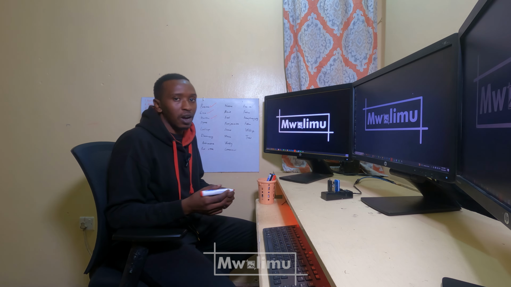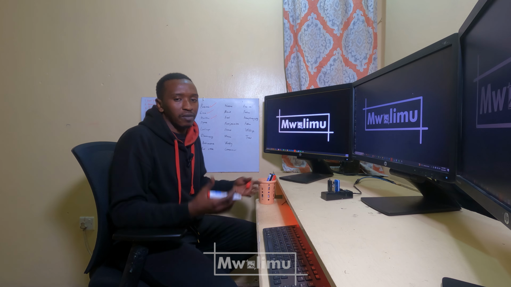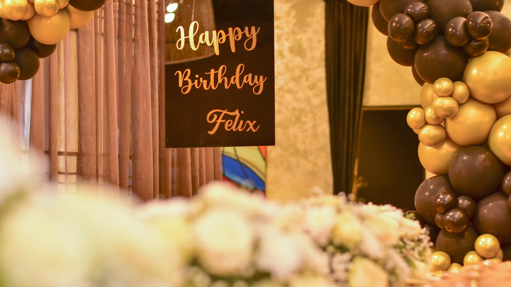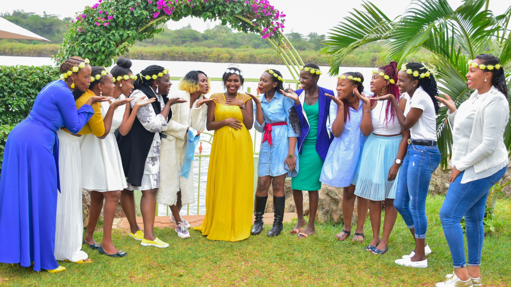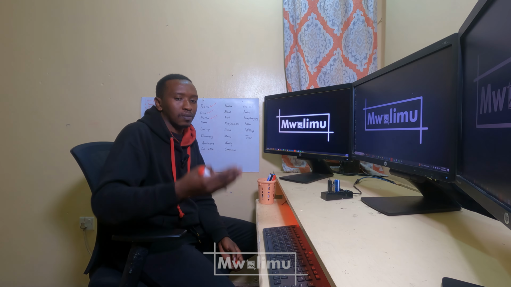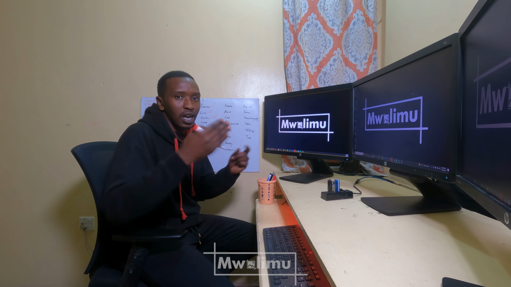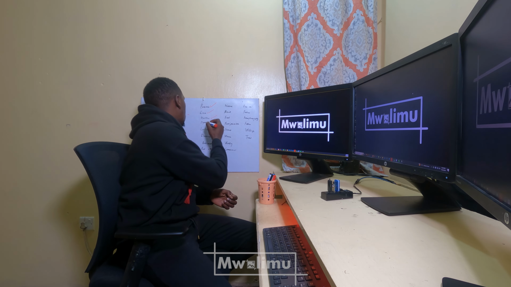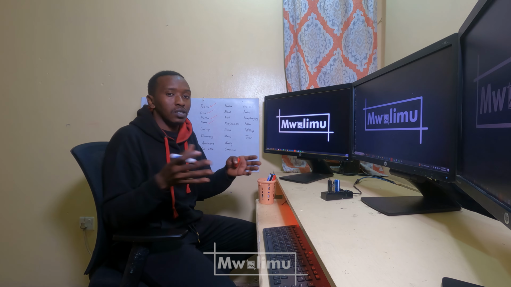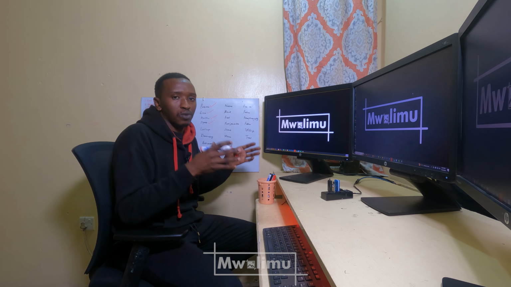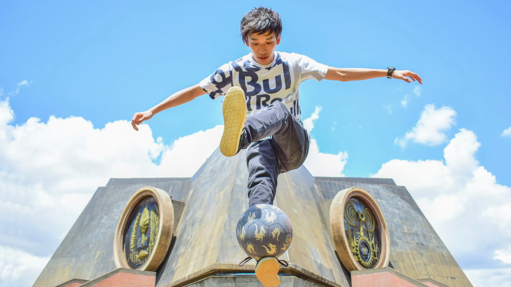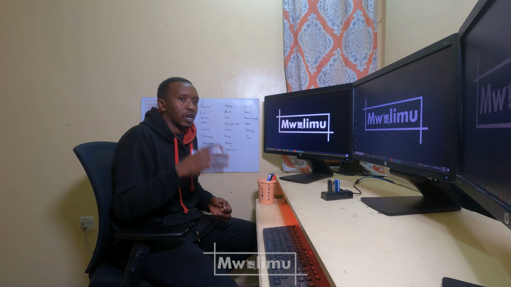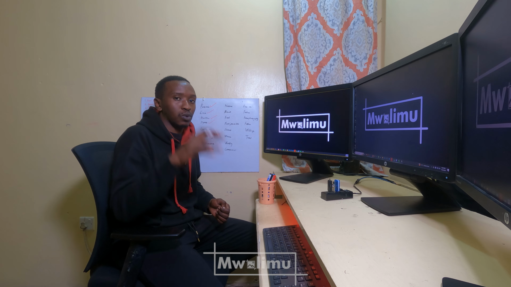Then we have the event photographer. Of course, the event photographer is going to be covering events. They're going to be covering your birthdays. They're going to be covering national ceremonies. They're going to be covering anything that is happening in the form of an event, and someone has been hired to cover that particular event in the form of taking photos. That is an event photographer. So then we have sports photography. Yes, sports is an event, but we have sports as a genre of photography, because we have people who only specialize in shooting football, in shooting tennis, in shooting basketball, in shooting golf and things like that. So anyone who's going to be shooting sports specifically is going to be a sports photographer.